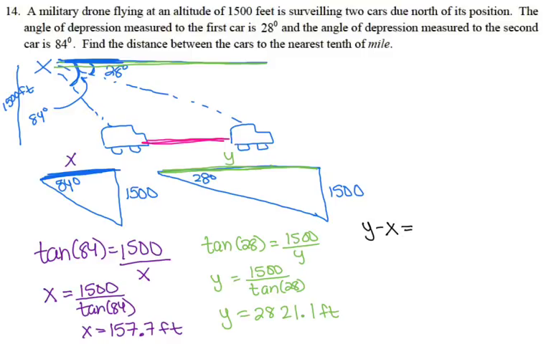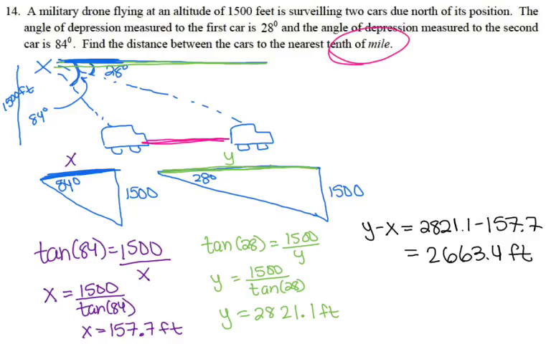which is 2821.1 minus 157.7, which is 2,663.4 feet. Now, it'd be awesome if we were done with the problem, but if you look back at the question,